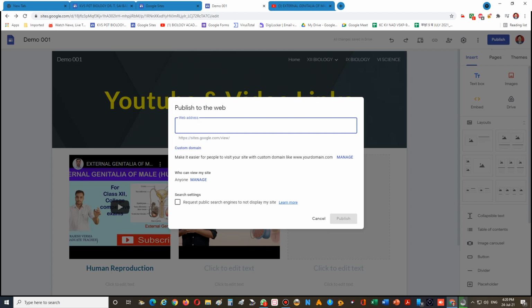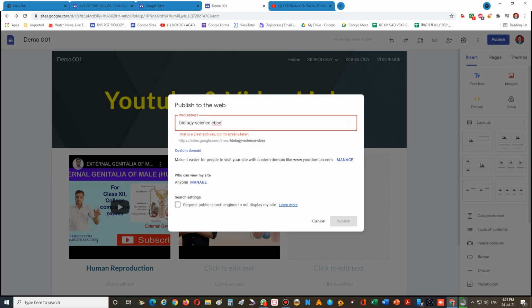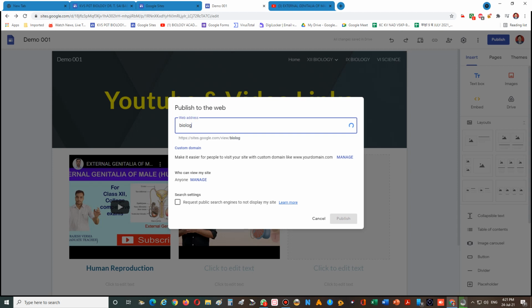So I am typing here biology and science CBSE. Okay. So this is a great address, but it is already taken. So I will take biology, science, material, science.